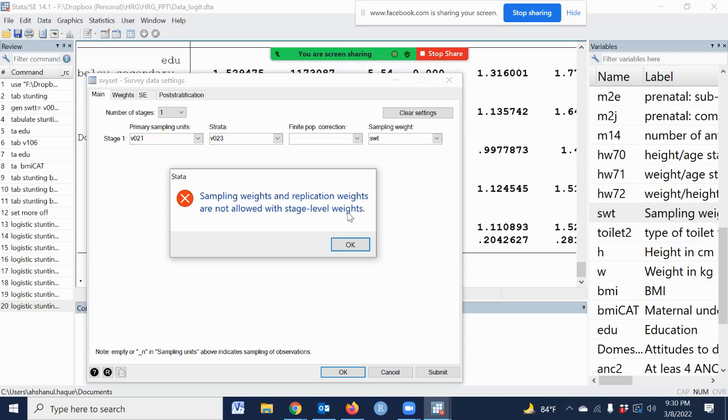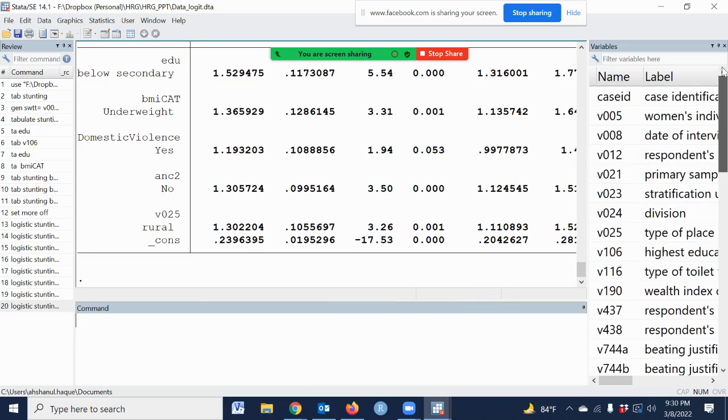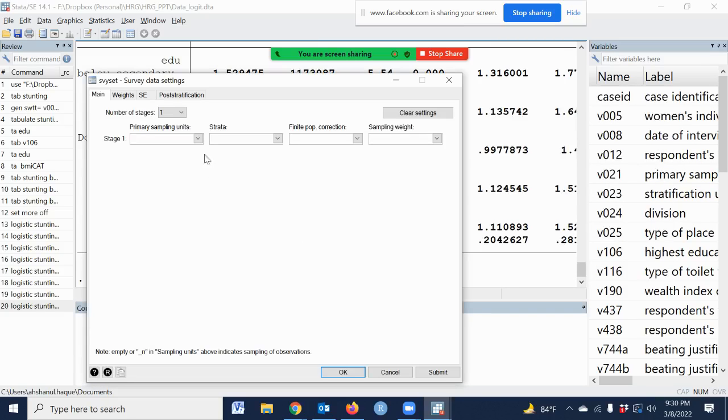Sorry, what is the problem, Murad bhai? Clear setting. The primary sampling unit is the primary sampling unit, 0 to 1, strata 0, 2, 3, sampling weight SWT.